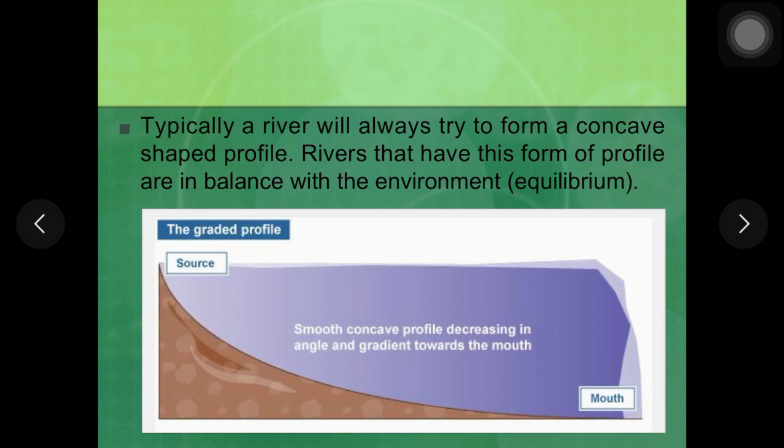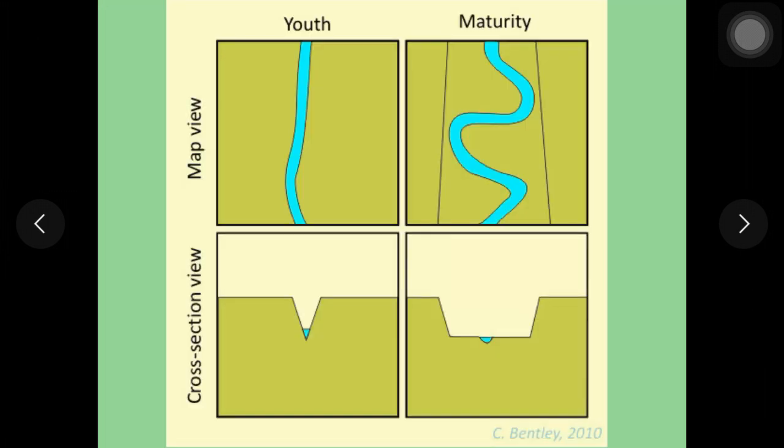Now, we'll come back to this again, and before that, we'll see the next slide where you can differentiate between the two phases of the river, the youthful stage and the matured stage. If you remember the part that we have seen earlier, when the river is in the youngest stage, that is in the mountains, it undergoes more erosion, vertical erosion, and you see formation of a V-shaped valley in the younger stages, where the potential energy is more and the intensity of flow and transportation of sediments is more.